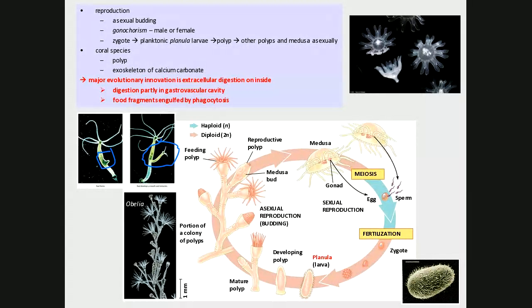All right, let's look at this reproduction of Obelia. You're going to look at Obelia in the lab. Obelia is a small colonial cnidarian, grows like in the picture you see there. And Obelia grows with these stalks. And at the end of these stalks, there are these polyps. Remember, the polyp is the form with the mouth facing up. Obelia has two types of polyps. There's the feeding polyp that's got the tentacles, and that's easy enough to understand how that works.